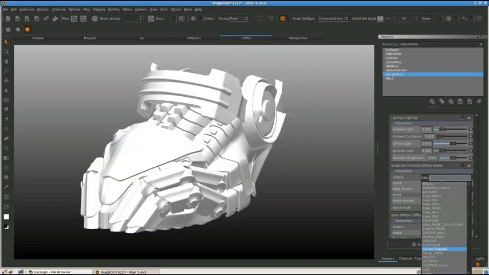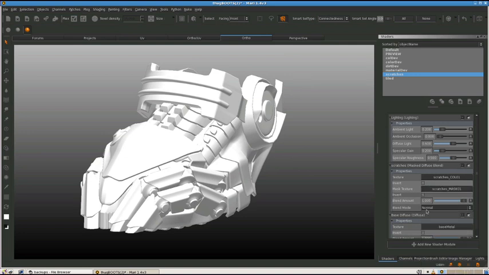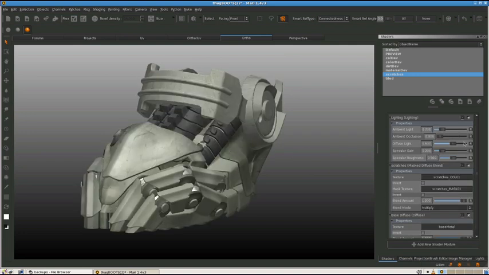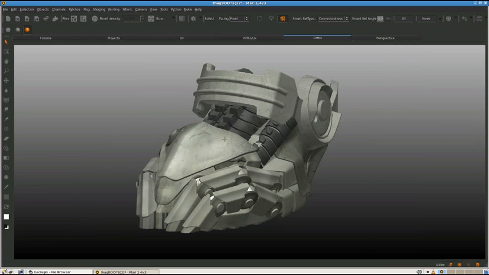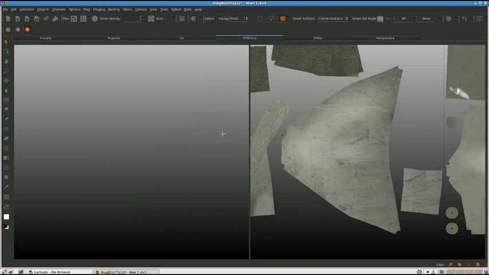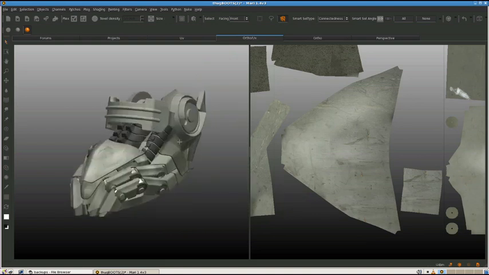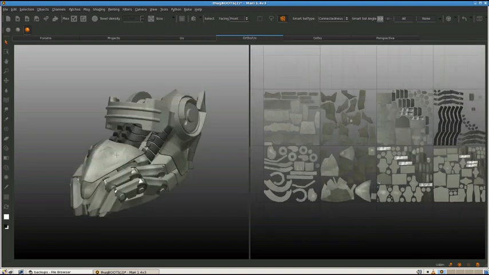I'm going to load the Scratches color map and then the mask associated with it. And then I'm going to set the blend mode to multiply. So right now it's not being affected at all, which is exactly what I want. From here, I'm going to go into the Ortho UV tab. And I really like this tab because it allows me to paint in either one and see it updated in